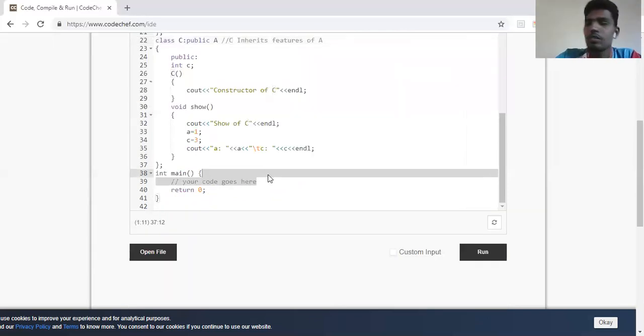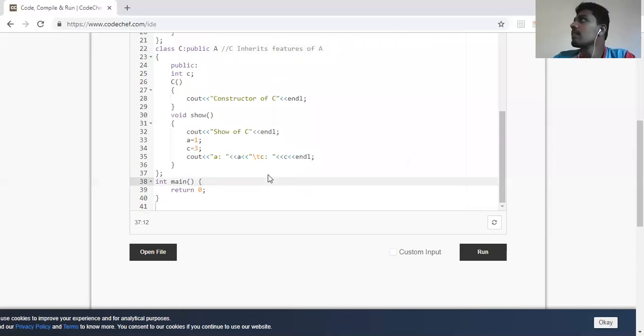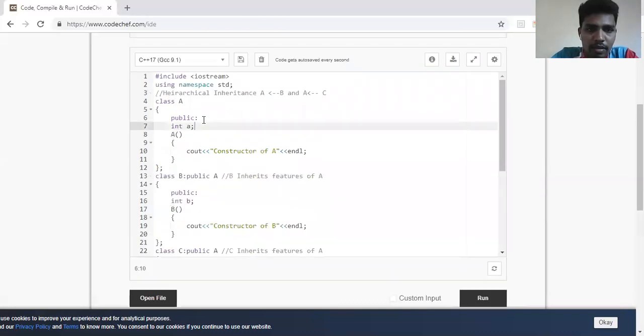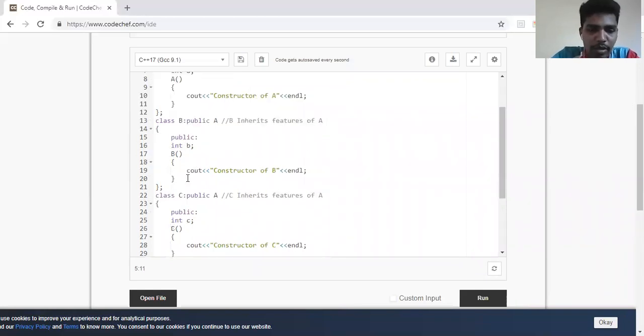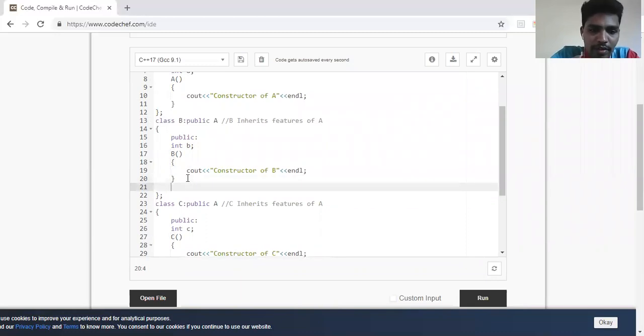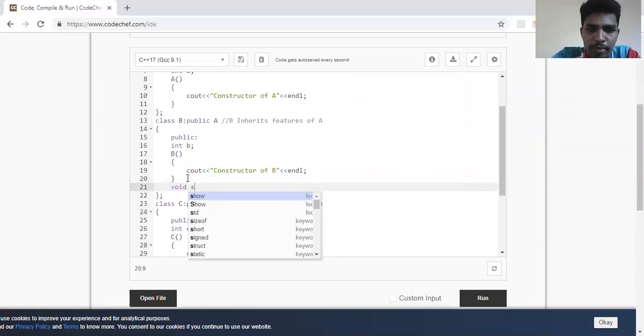Okay. So we'll see that here. I'll create a show function in B also. So we'll write void show.